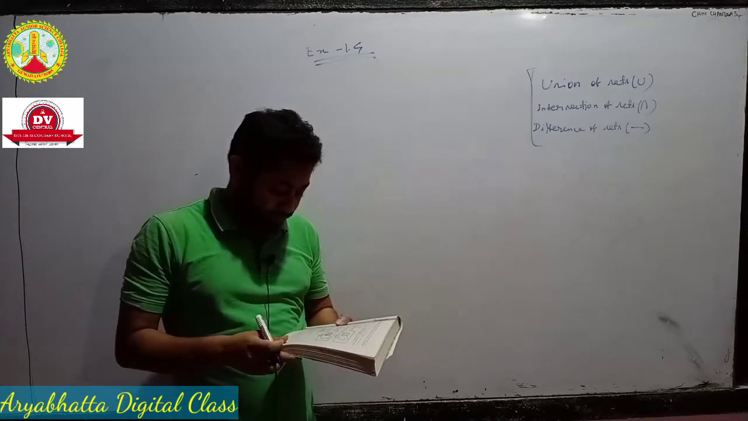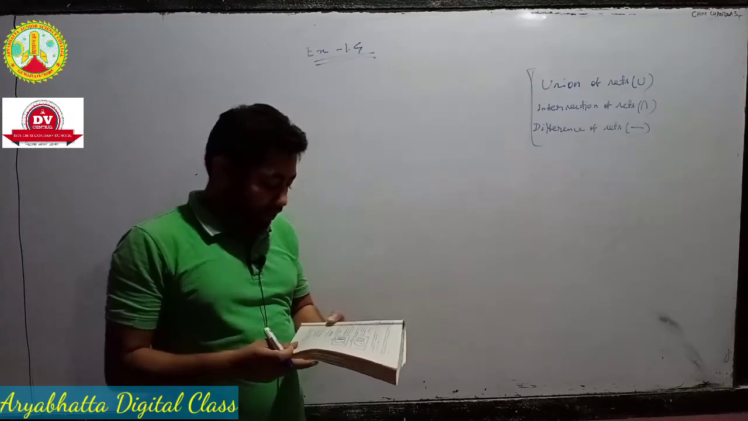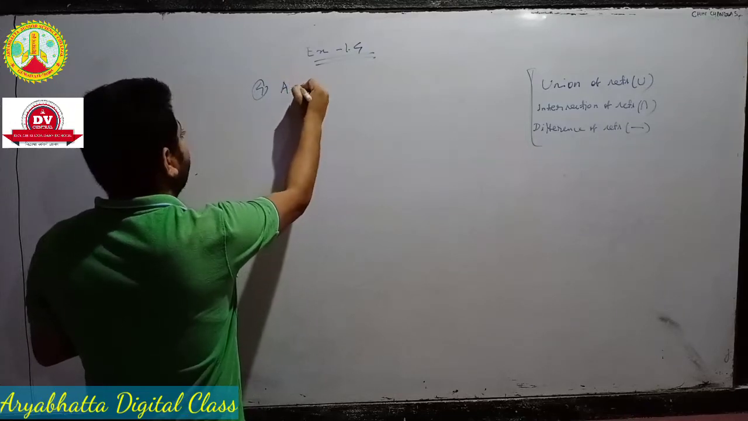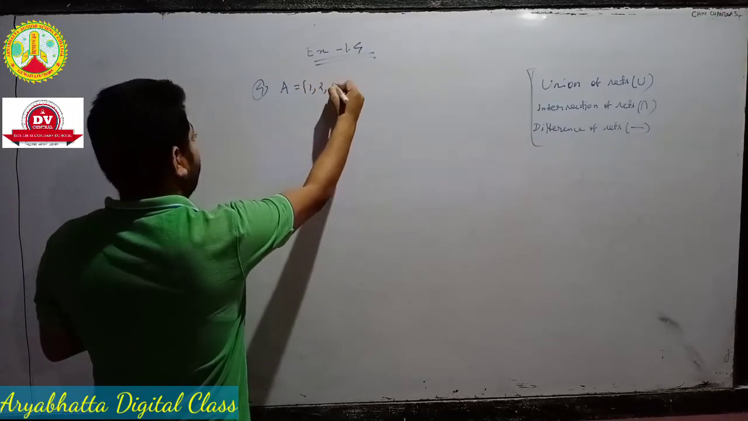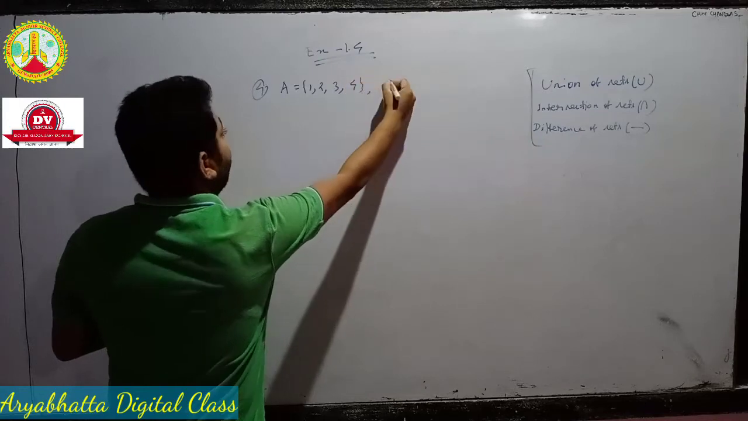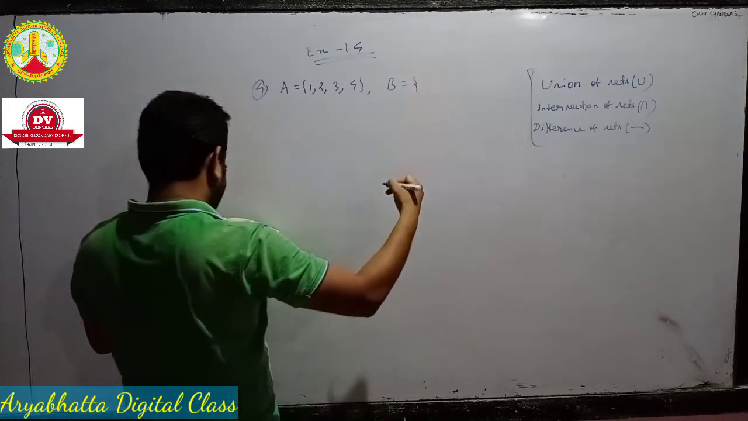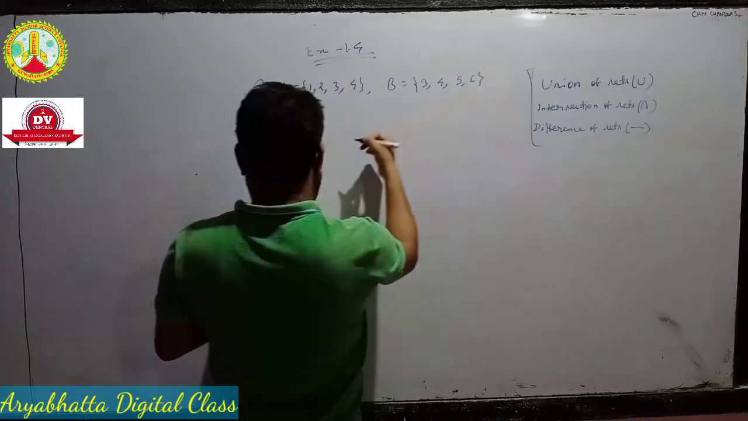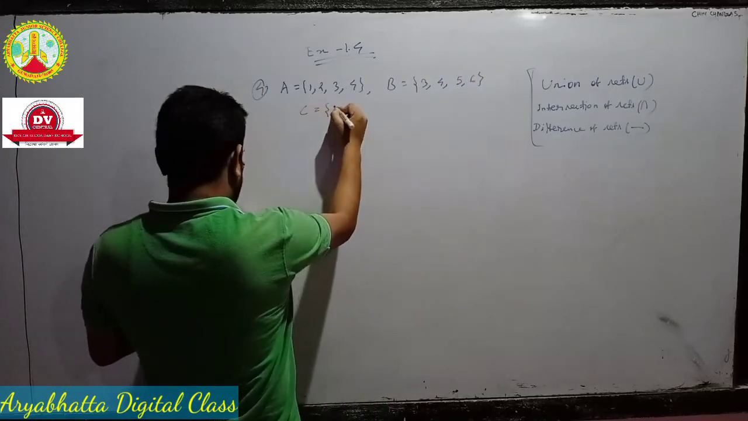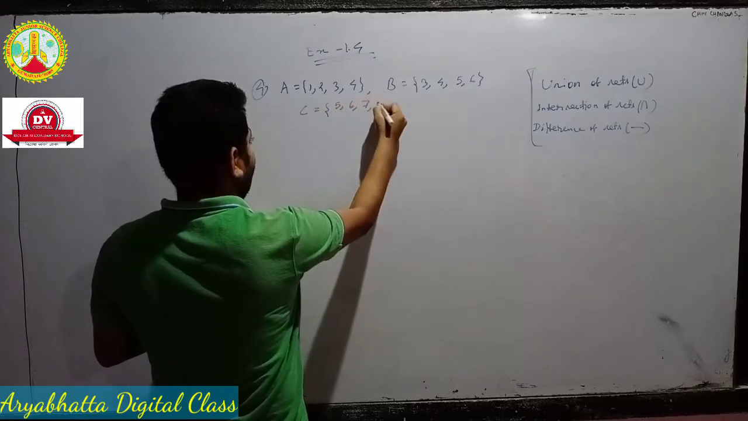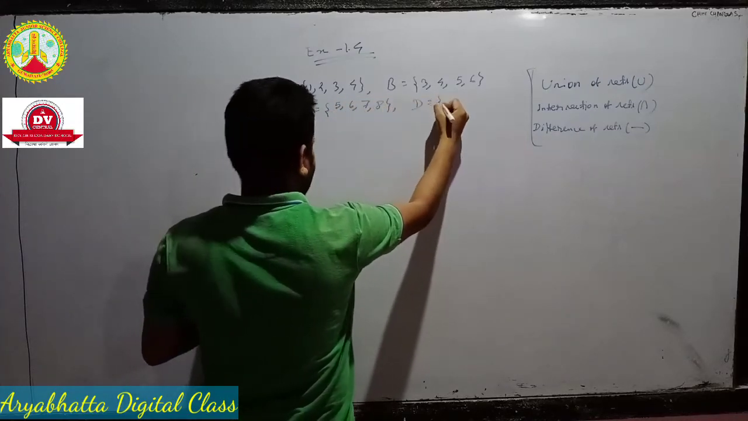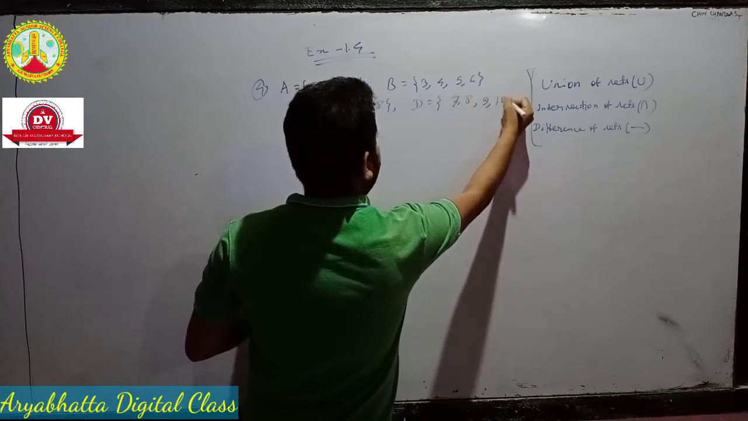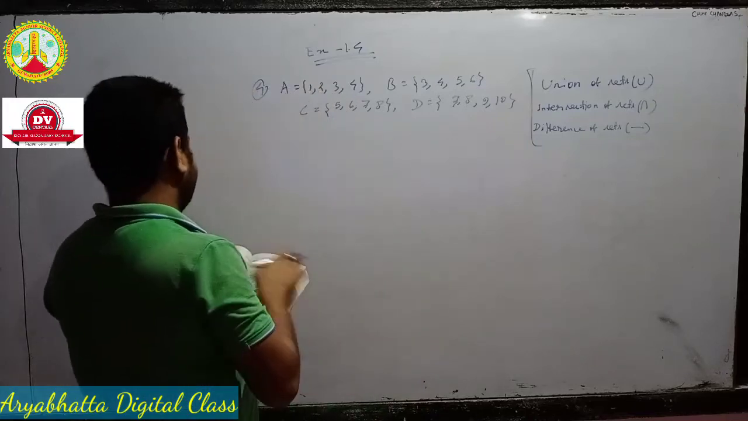Next, number 4. If A is equal to {1, 2, 3, 4} and B is equal to {3, 4, 5, 6} and C is equal to {5, 6, 7, 8}, and set D is equal to {7, 8, 9, 10}. Then find